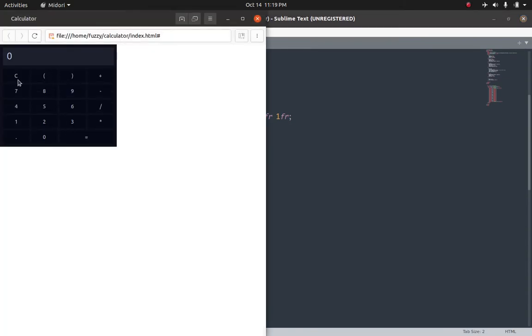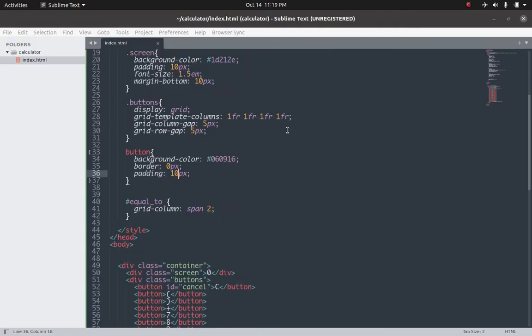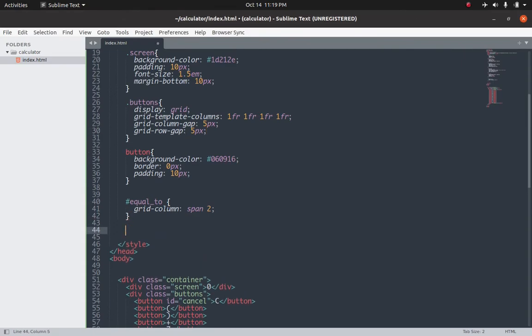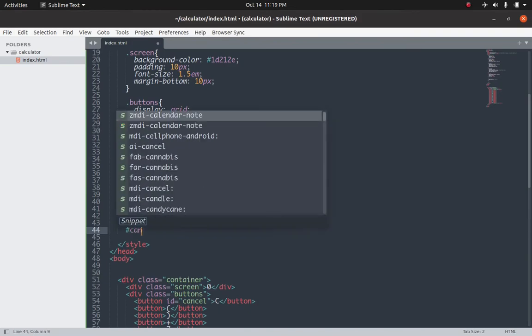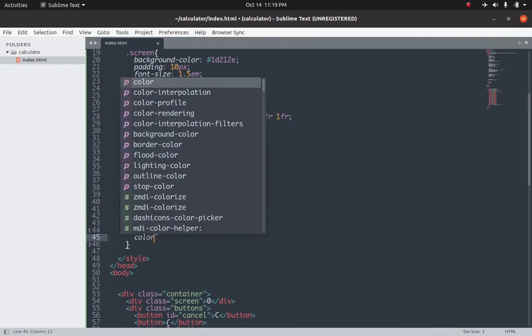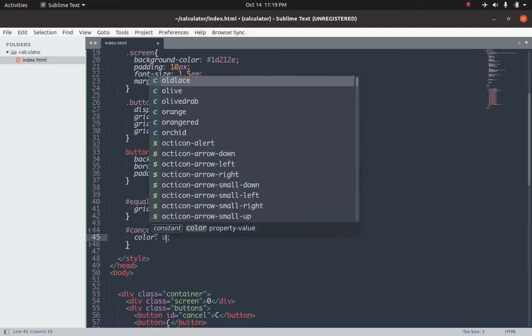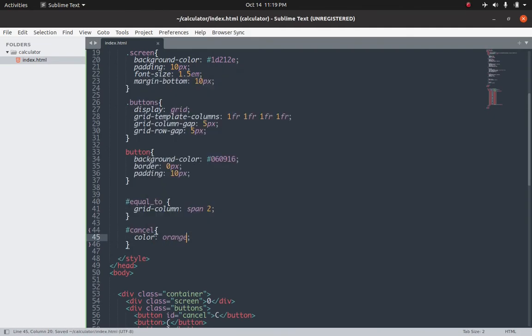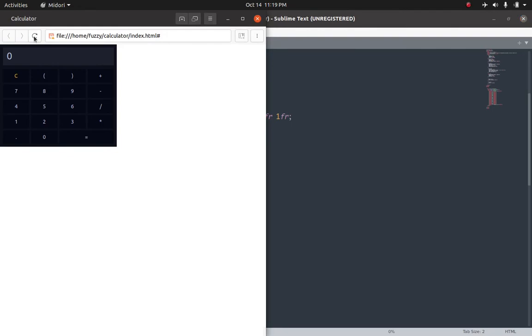So our cancel button is going to be specially styled, and that is why I gave it the ID of cancel. So let's go and grab them. We're going to change the color of that particular button to orange. So let's go here, and mind you, it's not a class but an ID. So ID of cancel is going to have a color of orange. Let's save this, go back to the browser, reload, and as you can see, our cancel button has a color